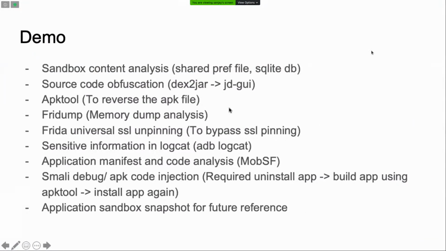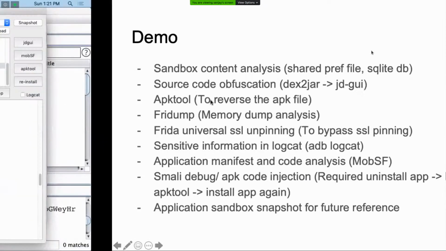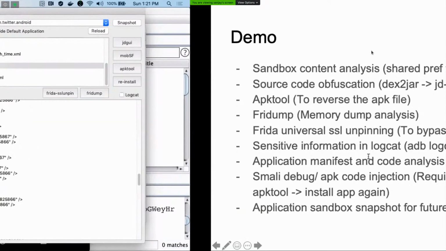The next thing is source code obfuscation. In order to see whether the application source is obfuscated or not, we generally have to first capture the APK file from the device, decompile the APK file with dex2jar and convert it into a jar file, and then open it in JD-GUI. I've implemented that feature.